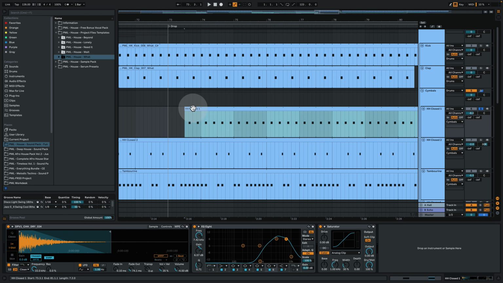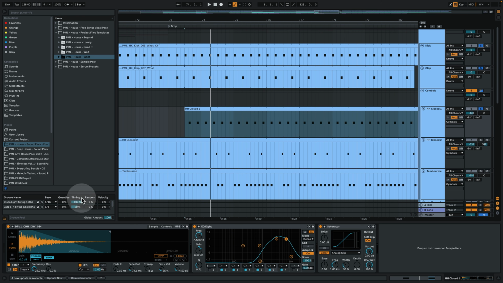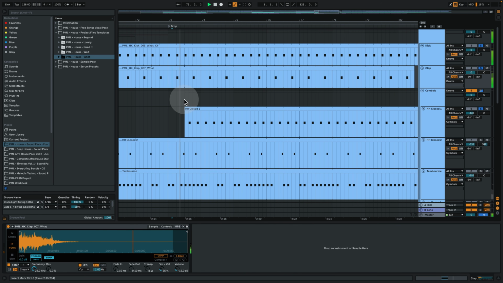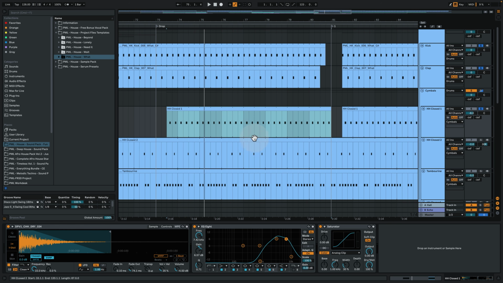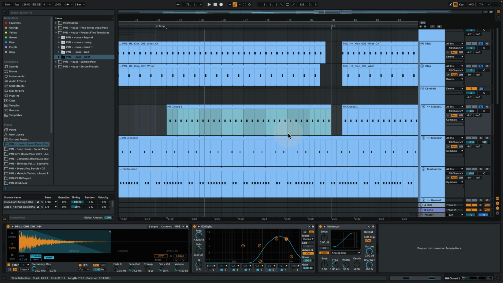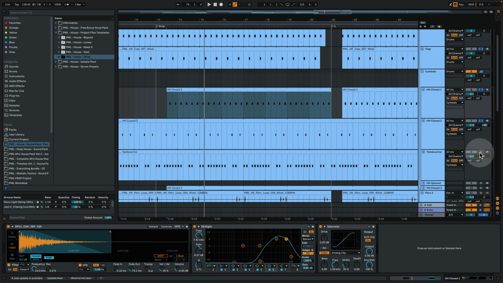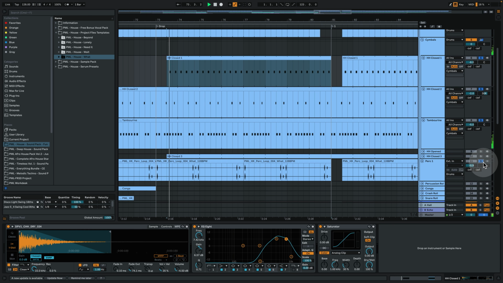What do we have here? Closed hi-hat, that's a simple one. So this is basically our driving rhythm, the hi-hat. It's a closed hi-hat. This one is making sure the listener is not getting lost in what's going on here with the groove. So this one is helping you understand what's happening. And if we combine it with all the other elements here,